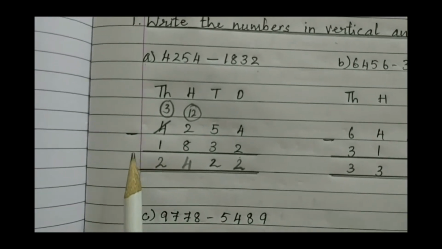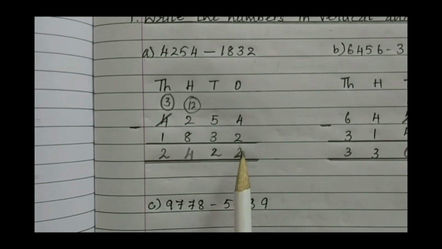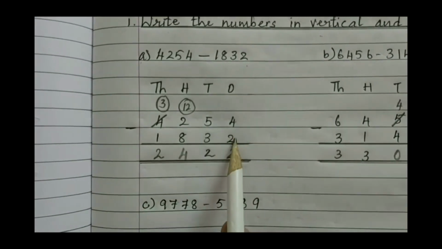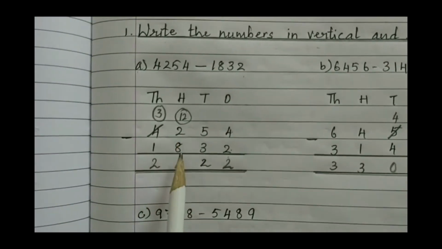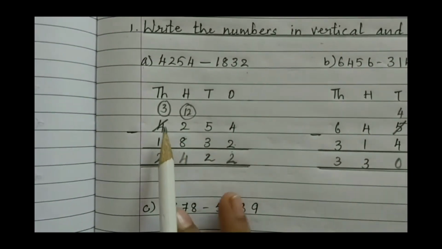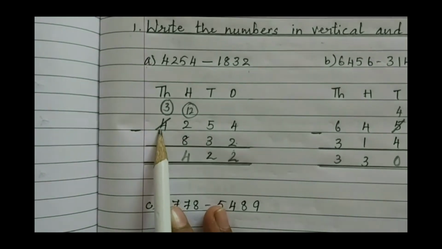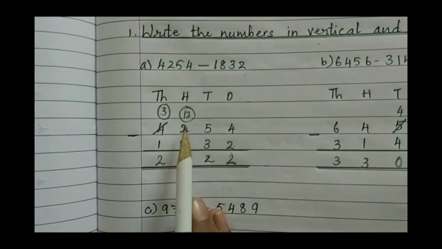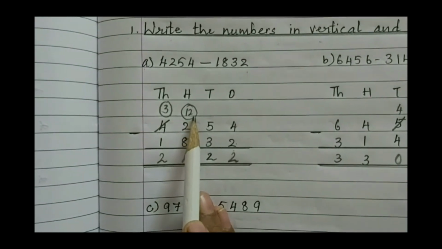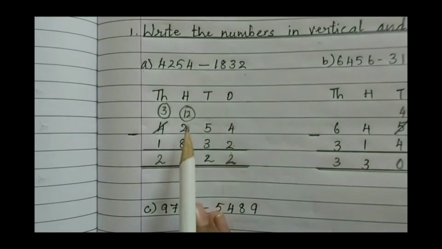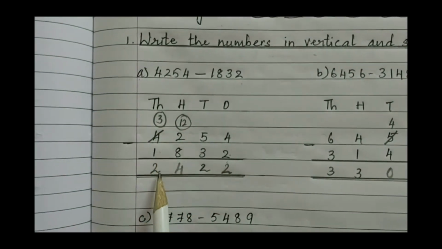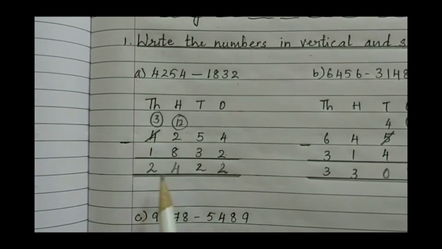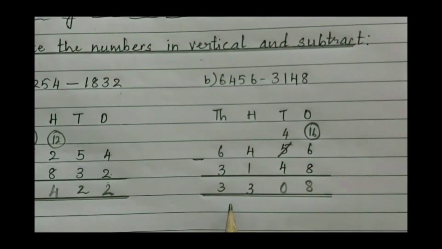As you have studied earlier subtraction, the same manner we are going to study in this class also. 4 minus 2 it is 2. 5 minus 3 it is 2. 2 minus 8 it is not possible. So we are going to borrow from the neighbor, that is by 4. 4 will become 3 and the 2 will become here 12. Now it is greater. We can subtract 8 out of it. 12 minus 8 it is 4 and 3 minus 1 it is 2. Similar way I have done the B question, then C.